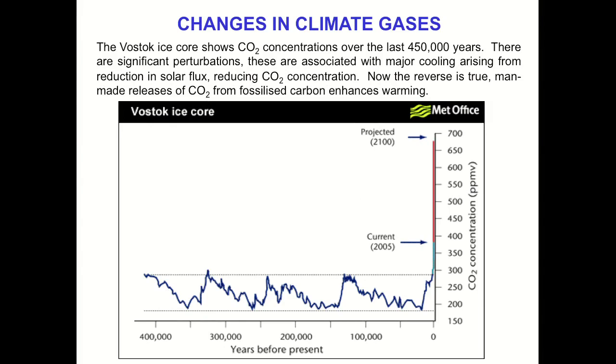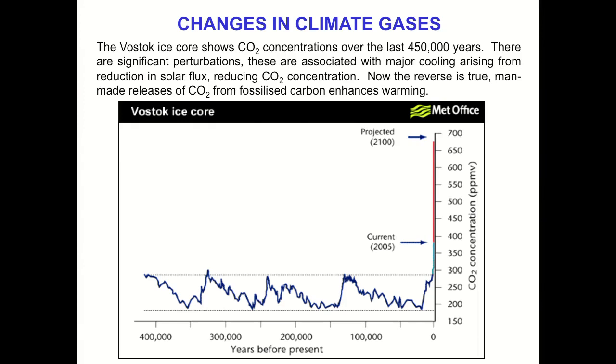So this is an old prediction by the UK Met Office, where they essentially made a projection based on current measurements, which in that case was in this 2010 report, 2005 data. The Vostok ice core, as you can see there, shows our CO2 concentrations changing through the so-called natural cycle over the last 450,000 years.